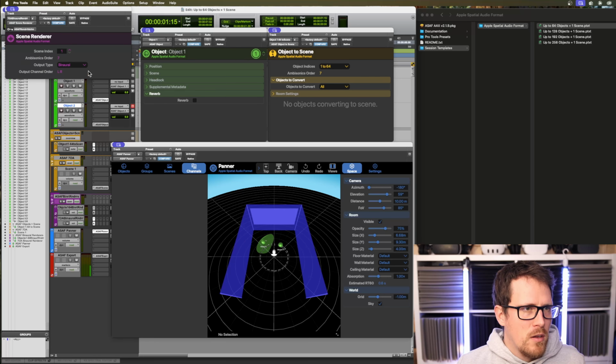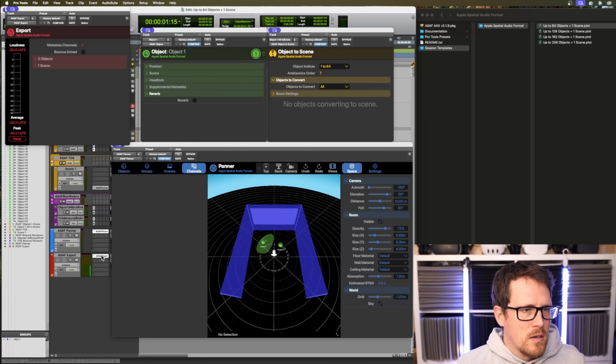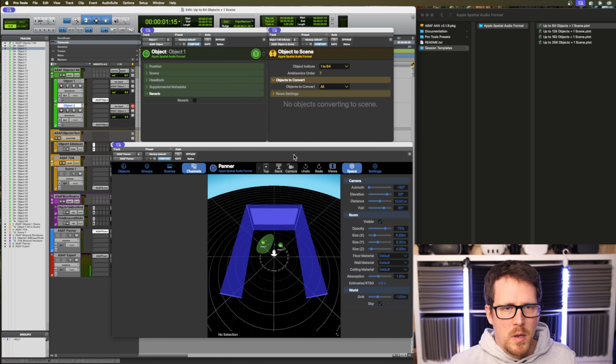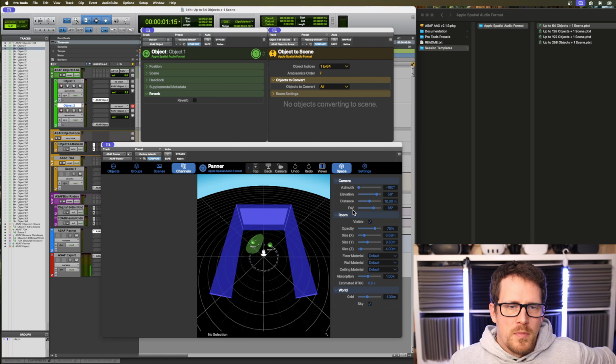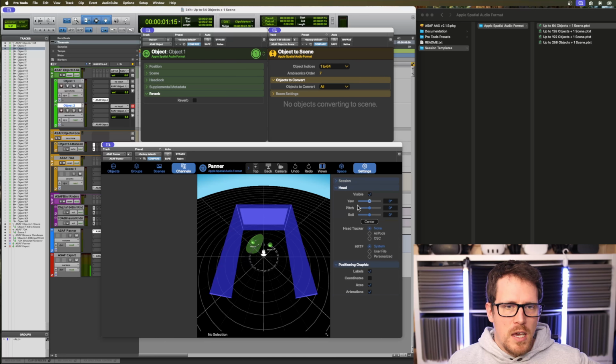Or with the renderer. No, that's also something else. Bear with me. We will find out later. So there's apparently something with room that you can choose, and you can also choose from some materials, whatever you want to have. And let's have another look at the settings.